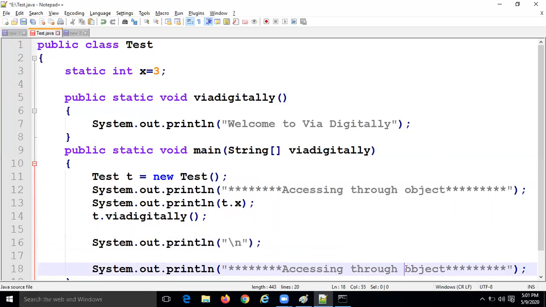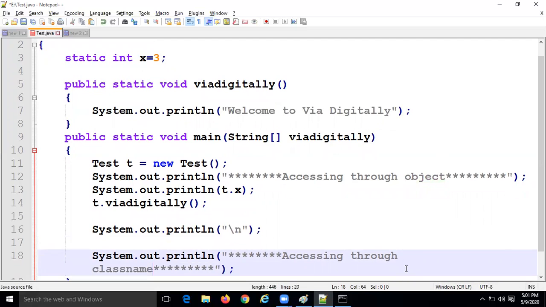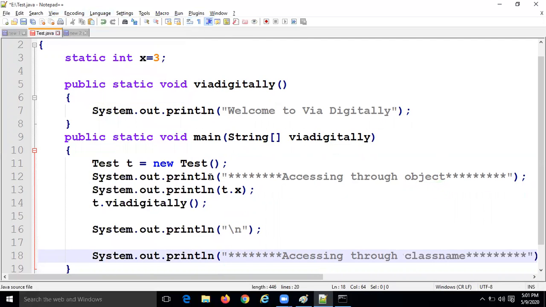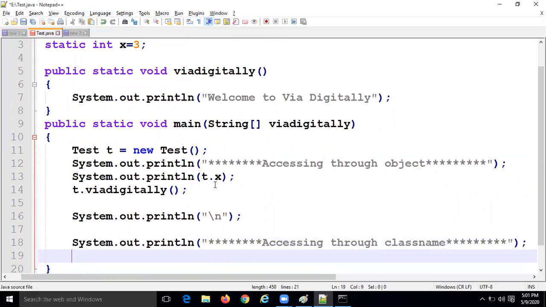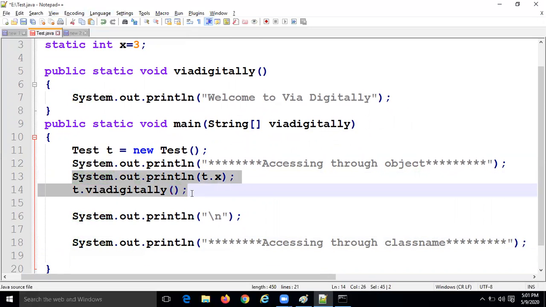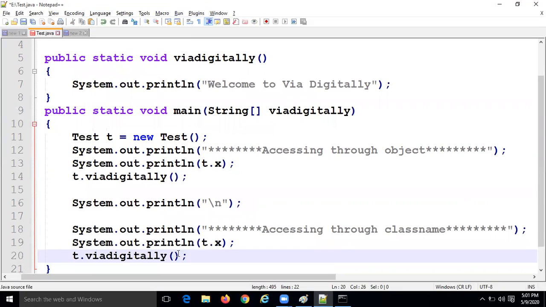Accessing through class name. What is the class name? Test.